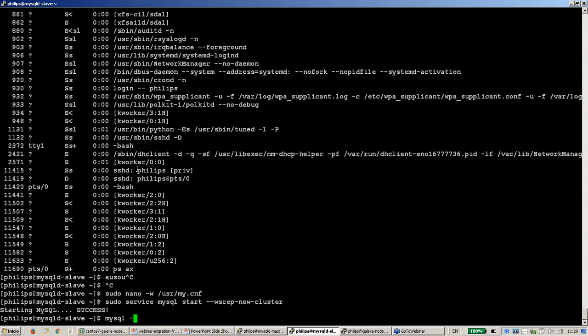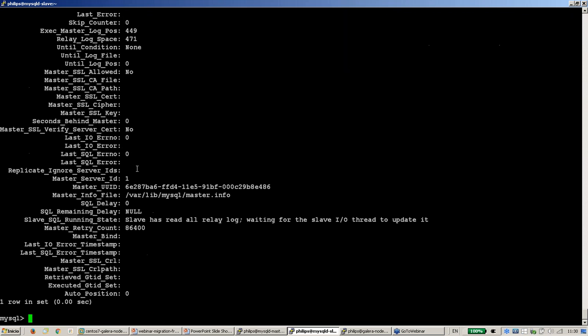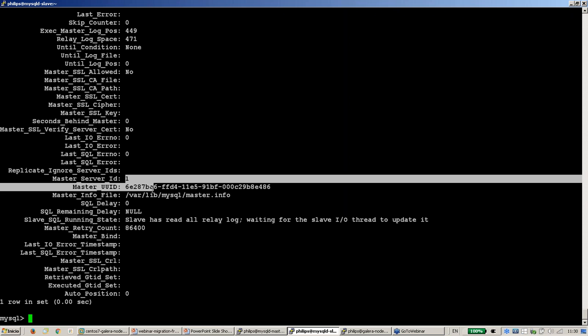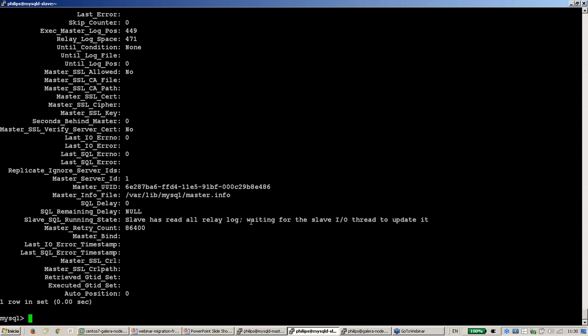Okay, so what we have here, let's log in. First of all, we still have our existing replication running, our existing asynchronous replication running. So if the master would receive additional updates, we will still get those updates on the slave. But in addition to that, we also have Galera up and running. So if we do like this,